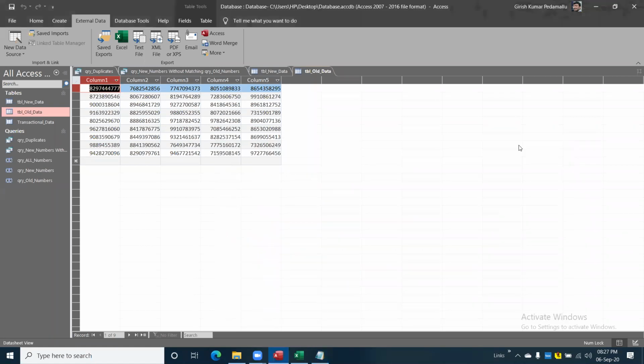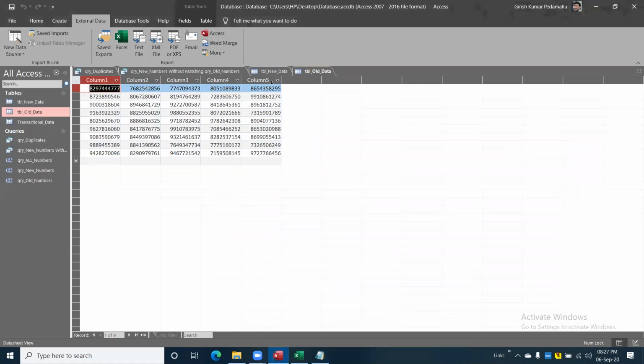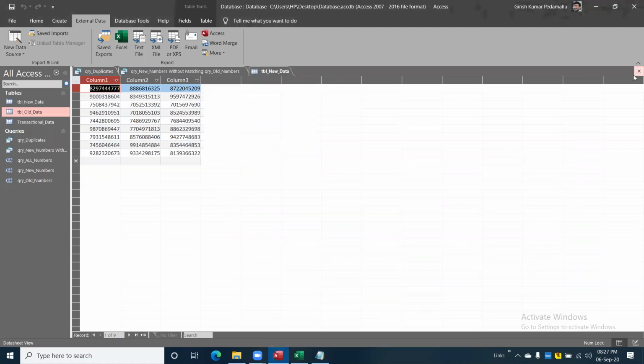So we can copy paste from Excel to Access? Yes, just now I did, right? I did a copy paste because it's a small data. I did it. You can do it. Okay. And you were saying that if we don't write the SQL code, the query, there is another option also? Yes, I'll show you.